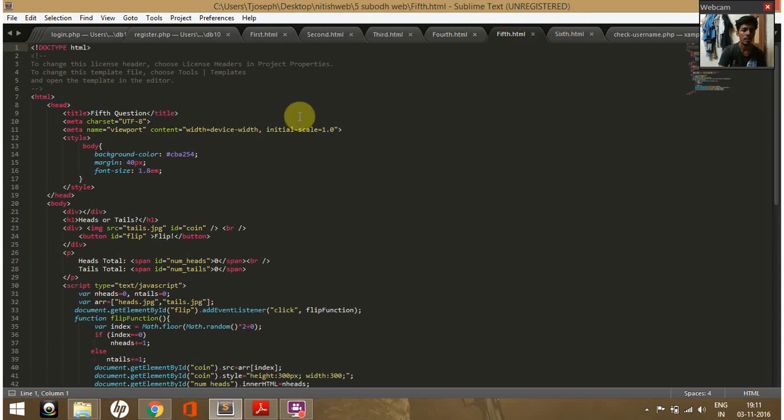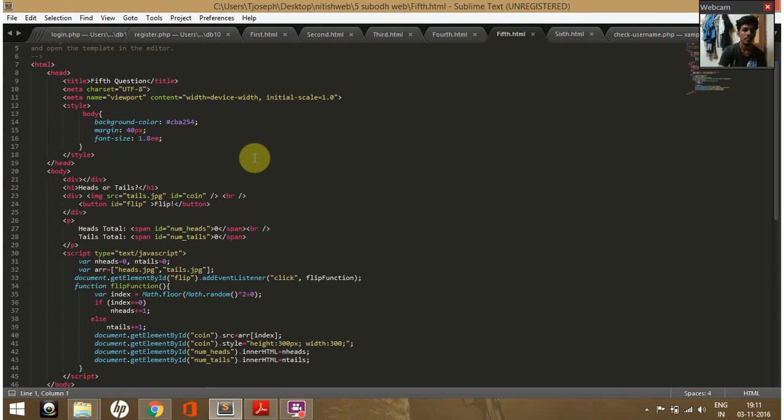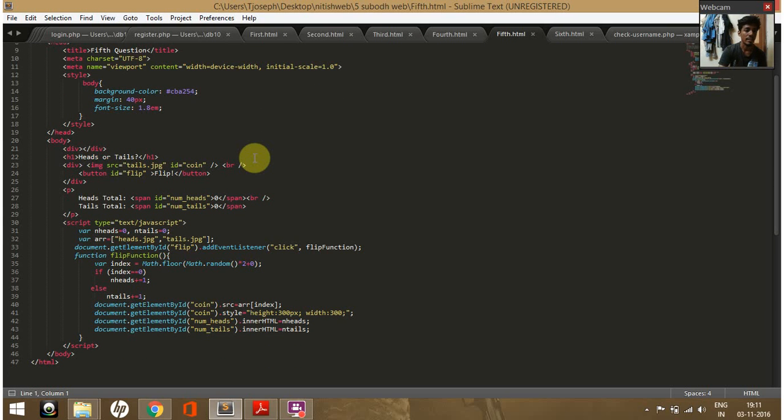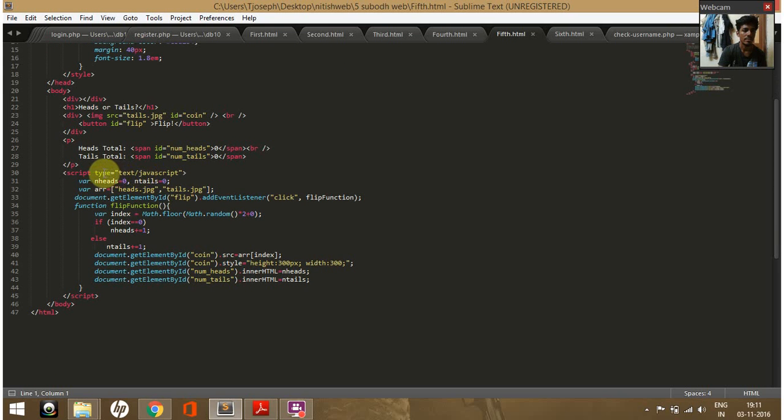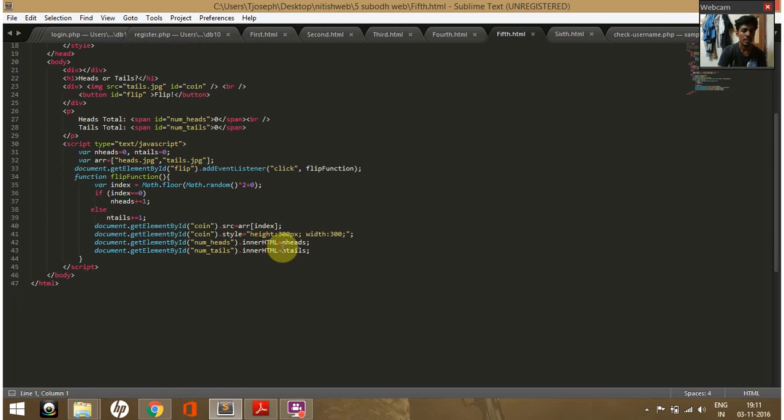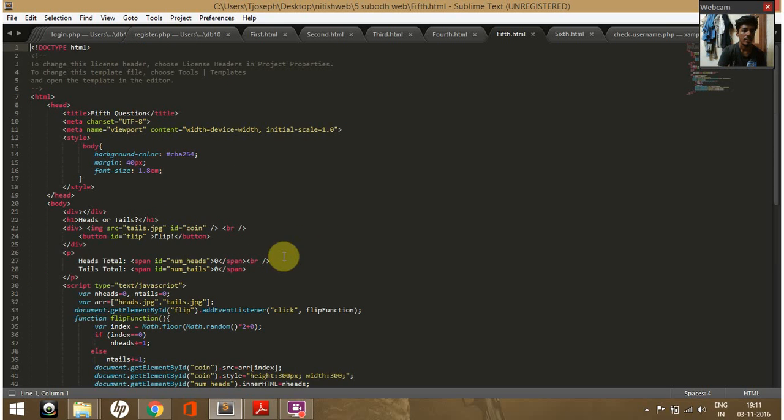The next, the fifth question, is to take heads and tails, flip it and count the number of heads and tails. So I take two images, tails and head, and I use it as a button flip. In that, in the script type I tag heads as 0 and tails as 0, and I keep the array of heads and tails as images. Then in the flip function we use the Math.random function, and in the HTML we take the n heads and n tails,